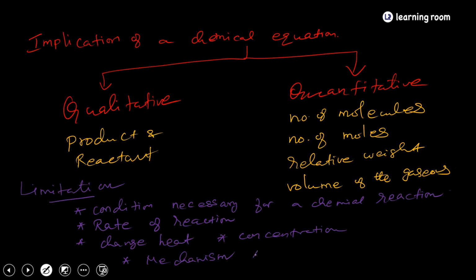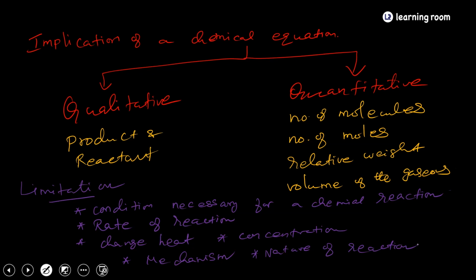And then nature. Nature of reaction means that some reactant converted into product may again revert into the reactant. That is also possible. So whether it is a reversible or an irreversible reaction, we cannot predict it. So it won't tell the nature of the reaction. If you use a double-headed arrow, it means reversible, and that tells you.